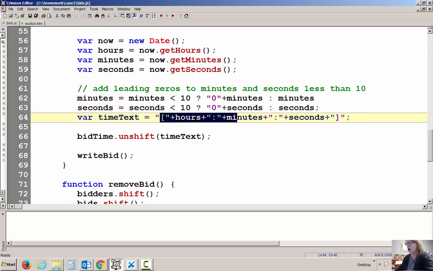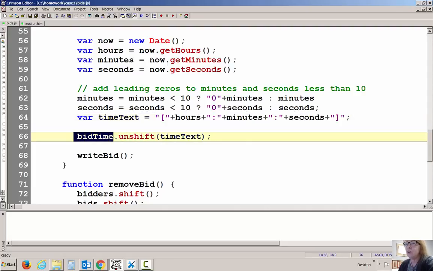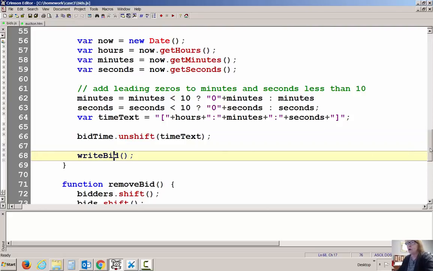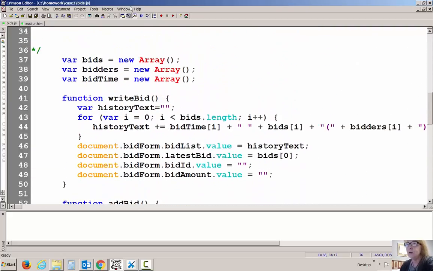And then add all of them together. This syntax should not look any different than what you should be used to. And then add it to the array. And remember, our array starts with the most recent data. Once I get through with this, I go up and call the write bid, and it's pretty easy. All I have to do is cycle through any one of my arrays,